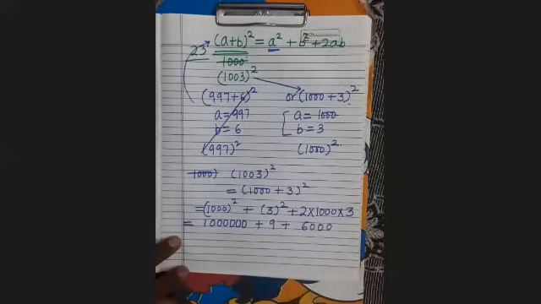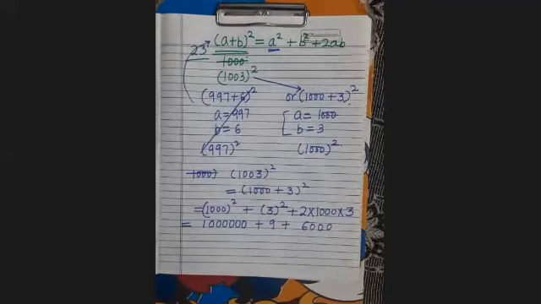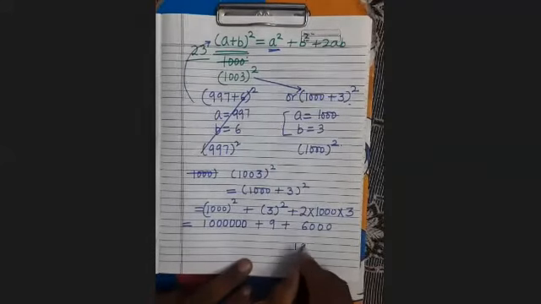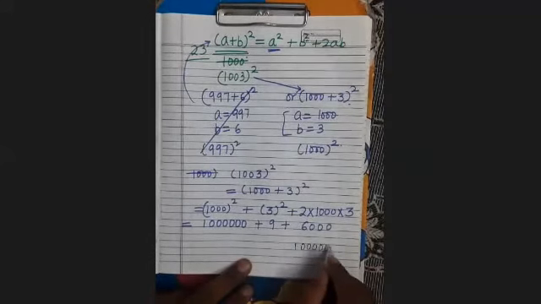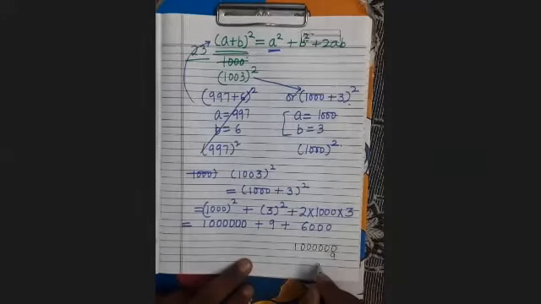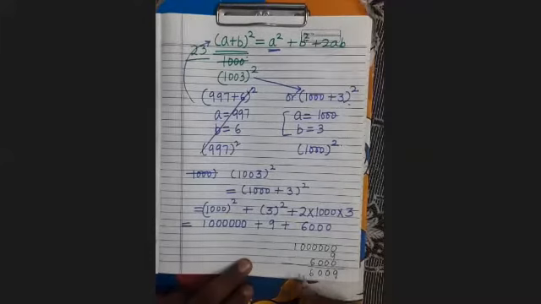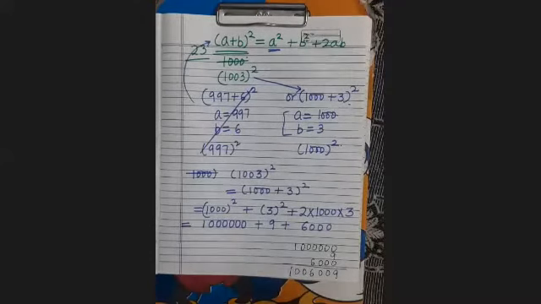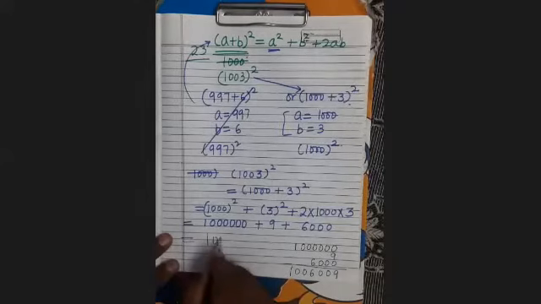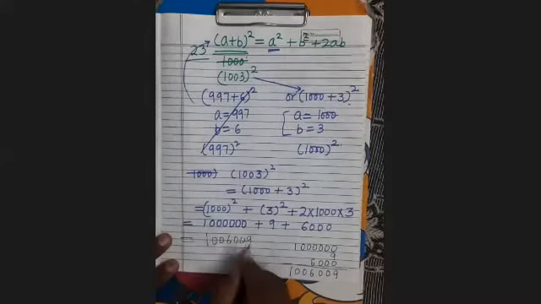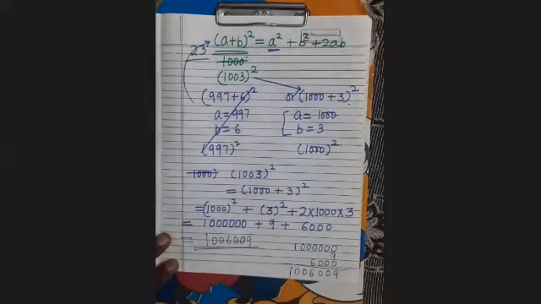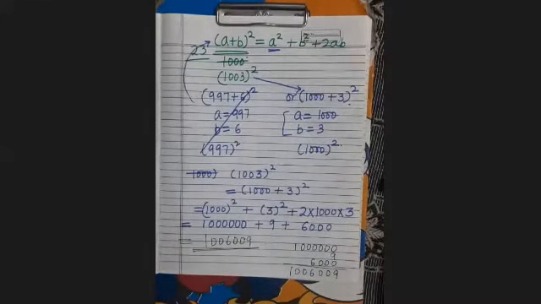Now you have to add. We have to add this. So how will you add? So you will write in this form, in the column form, क्योंकि वहां ऐड करने में आसानी रहती, कोई गलती नहीं. So this is 1000000, 6000, 9. What will be the answer? 1006009. This will be the answer. It is clear?